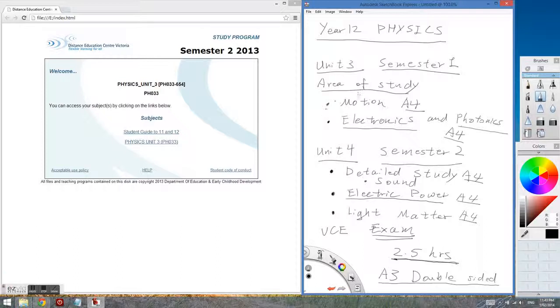Just remember, in Unit 3 Physics, we have 2 areas of study. In Unit 4 Physics, we have 2 areas of study here, and a detailed study. The detailed study is different. I think the most relevant information for you is that during the end of year examination, the questions on the detailed study